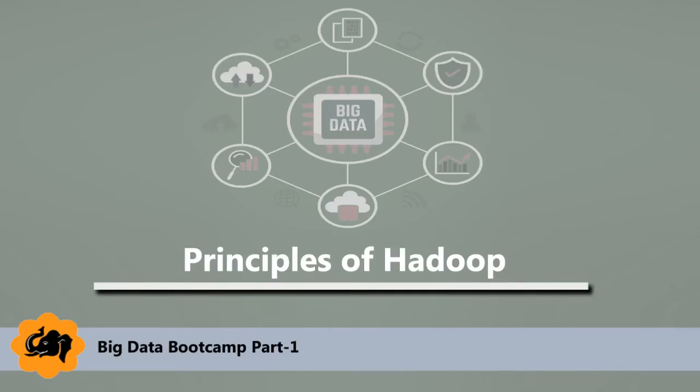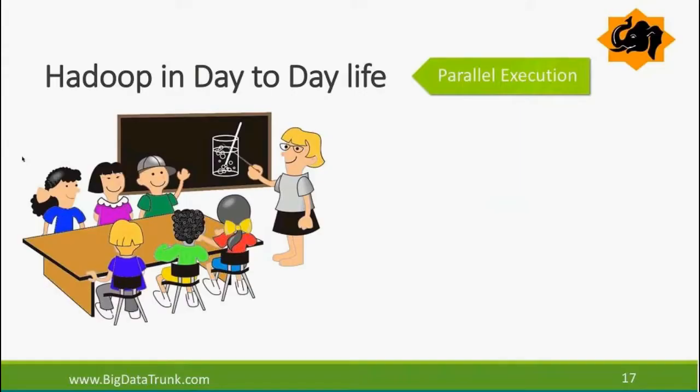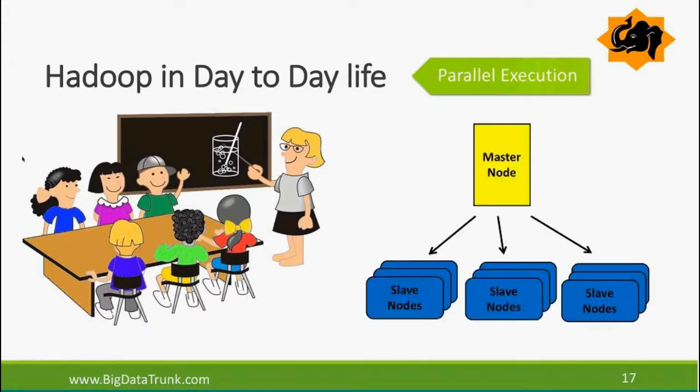Parallel execution. So what is happening in the classroom? In scenario one, she was checking everything. She collects one paper, finishes it, takes the second one, third one, and so on and so forth. So that's called serial execution, one at a time. When the kids do it all together, it's parallel. Everybody's correcting at the same time. There's no waiting for anything, just starting to do this. That's called parallel execution. Same in the big data world.